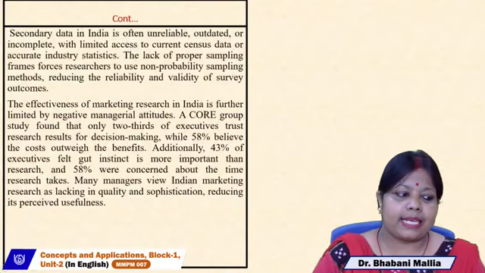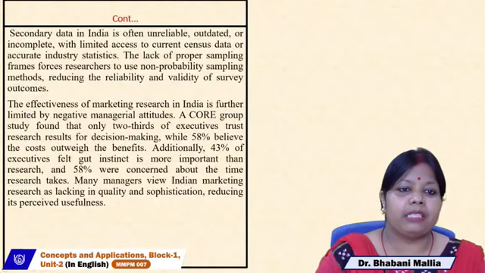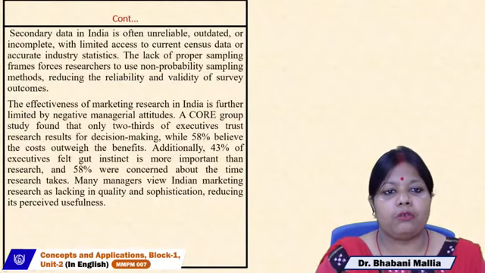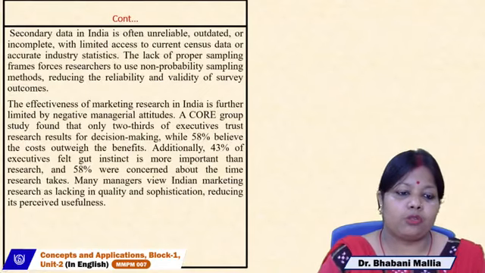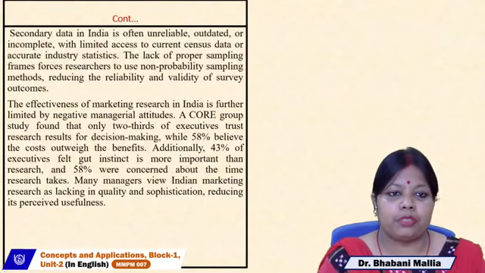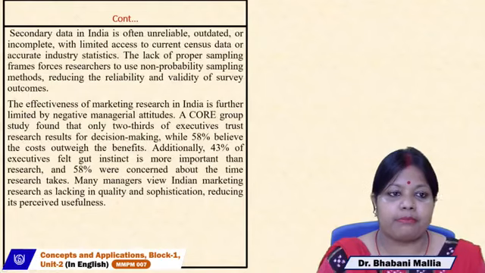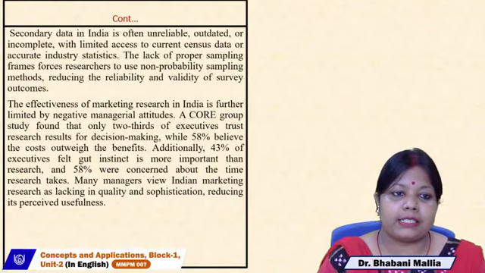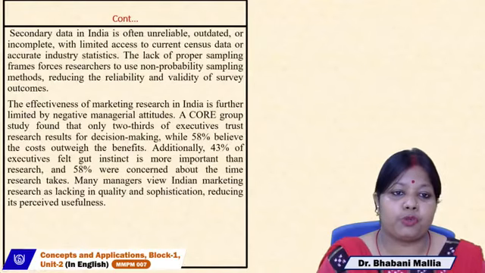So here the great challenge is how to choose and what to choose, which sampling method to be chosen. It is not always that non-probability sampling will work. There are also a few situations where we will go for probability sampling. In probability sampling there are four types: simple random sampling, stratified sampling, systematic sampling, and cluster sampling. According to the use and application, or the importance of the situation, we will choose.